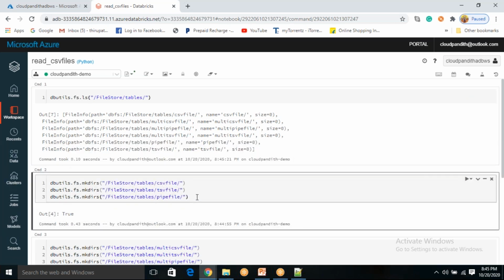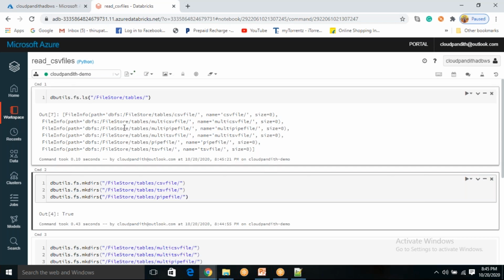In the respective folders, I want to upload the respective files. You know how much time it will take if you upload like that. It is going to take a lot of time. That's why we have learned something called CLI commands. If anybody wants to try out CLI commands to upload the files, you can try that.